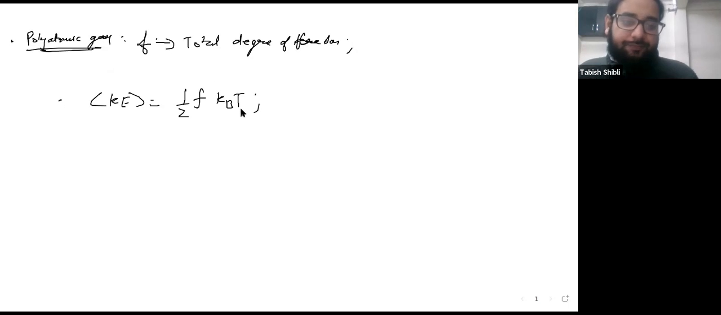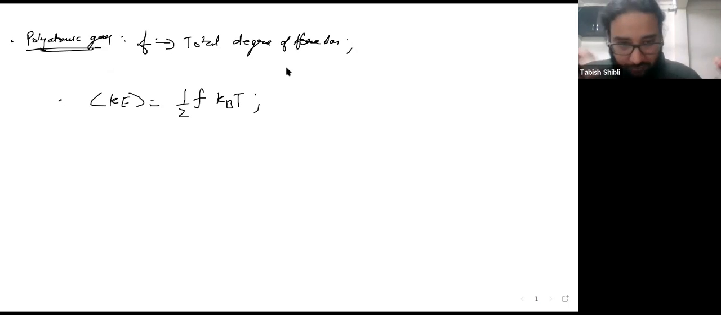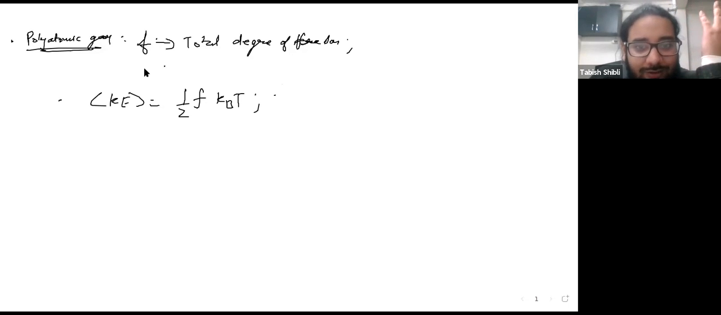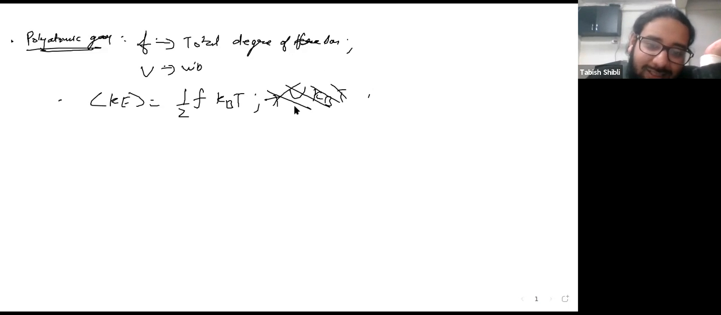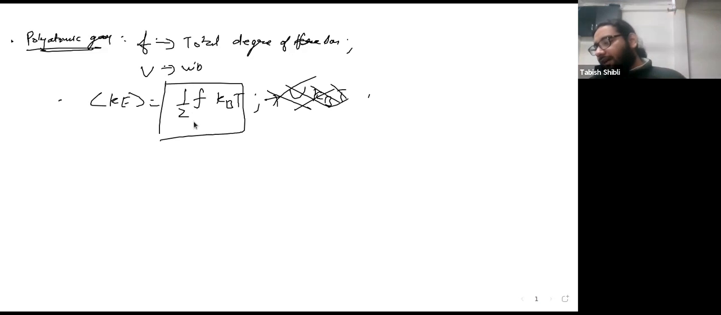Let's consider the case where you have no springs, so no vibration modes, or let's say all of them are translation modes. Even if you want to consider vibration modes, you can say that there are V vibration modes, and you can just add V kBT here. But we don't want to do that. Let's ignore this for this case at least. So if you have a large number of degrees of freedom, F by 2 kBT, we know that U is